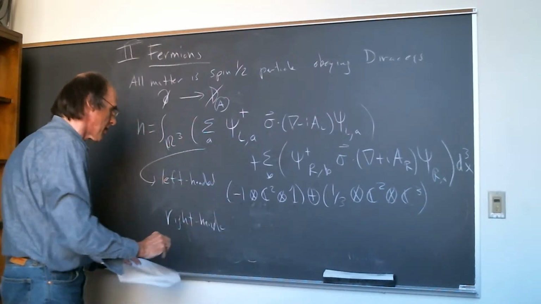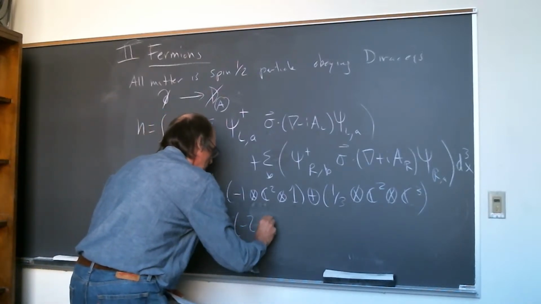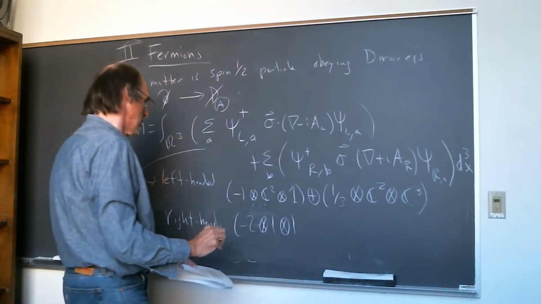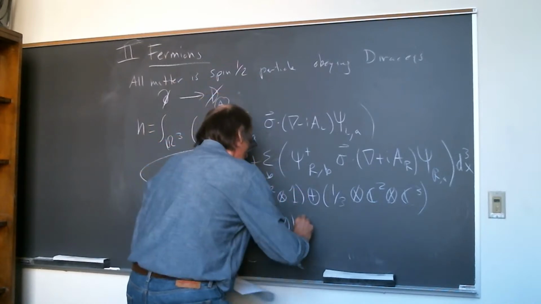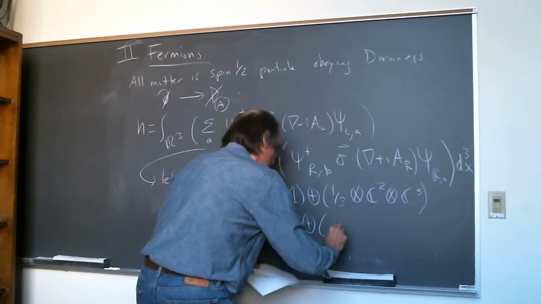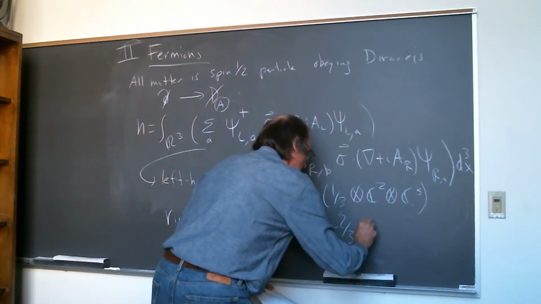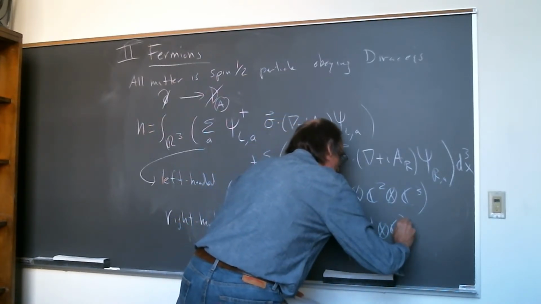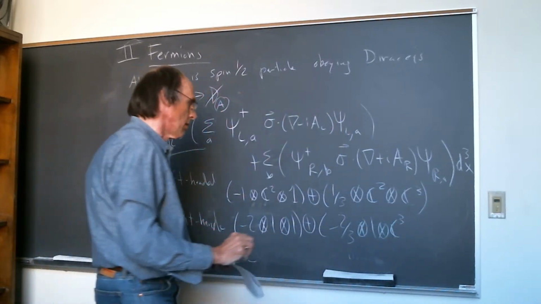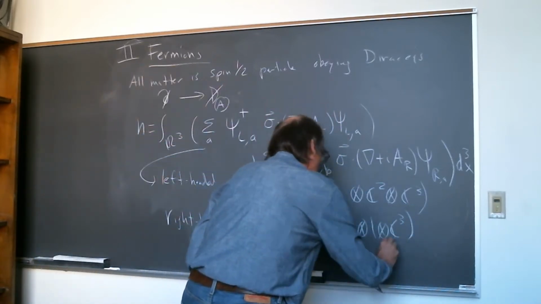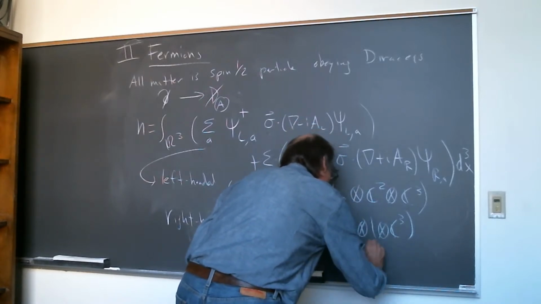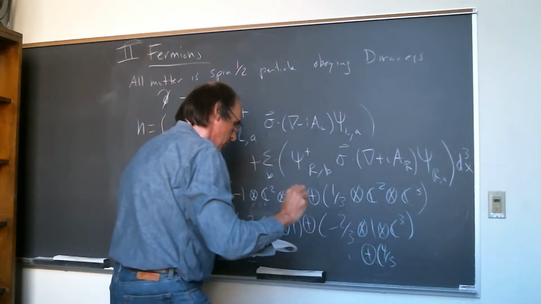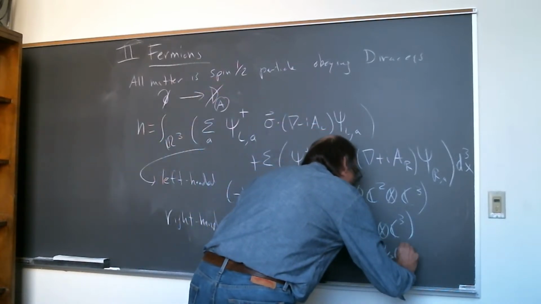Let me see. So that's you get a -2 cross 1 plus 1 plus -2/3, 3, and then a plus, it's